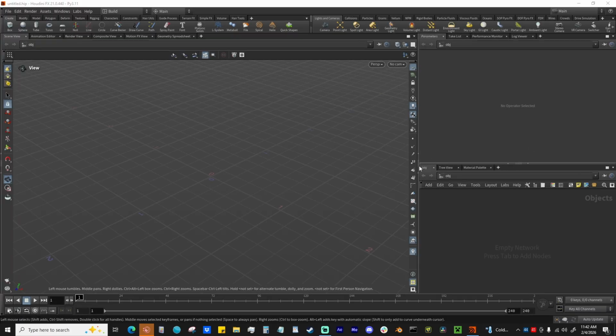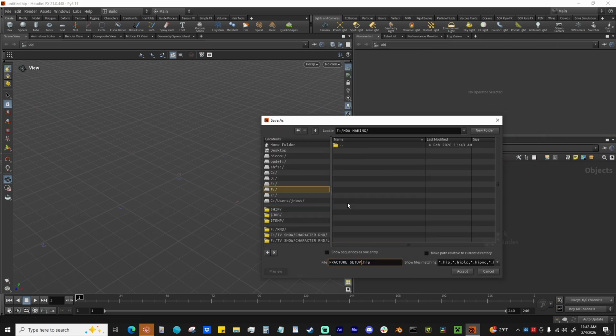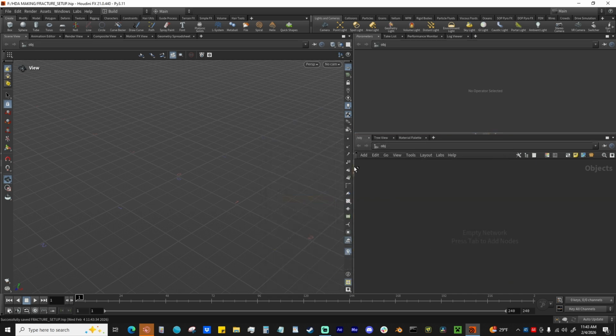Anyways, we're gonna go in and start creating the fracture, and I'm gonna show you the step-by-step process of creating a legitimate subnetwork that you can save as an HDA. I'm gonna save it on that file just to make my life a little bit easier. I think this is gonna be a little bit better for you guys anyways if I do it this way,